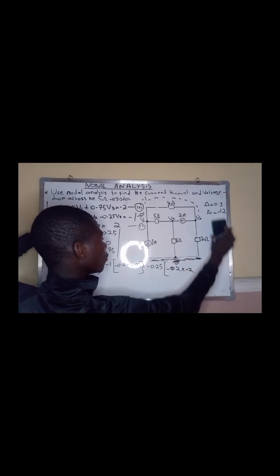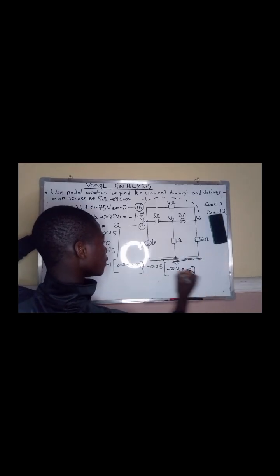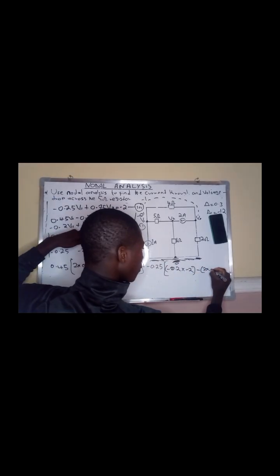I will have minus what? Minus 0.2, minus 0.2 multiplied by minus 2. Multiply by minus 2, and then also I'll see minus 2 multiplied by minus 0.25. So therefore, if you multiply this bracket, you are getting 0.675, and therefore we have to say minus minus